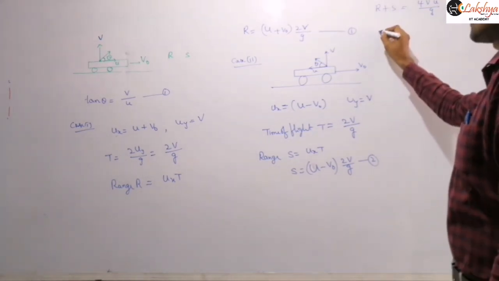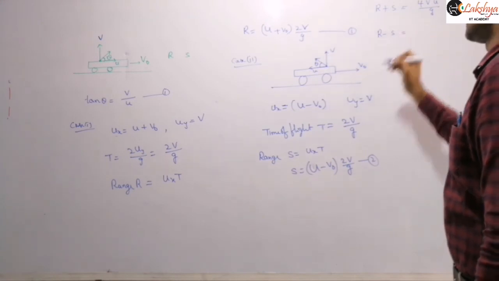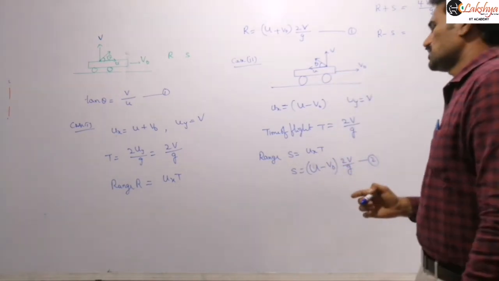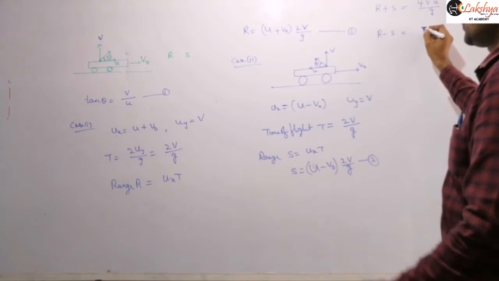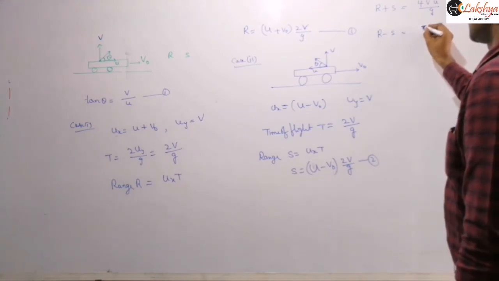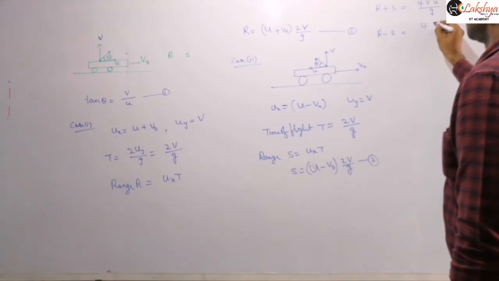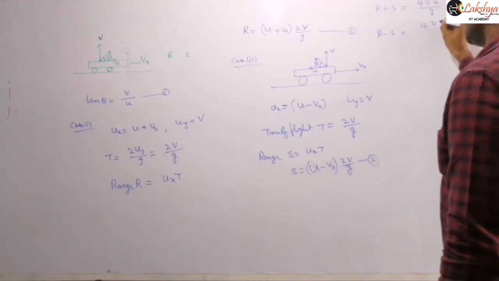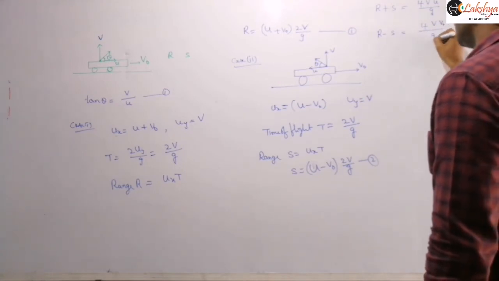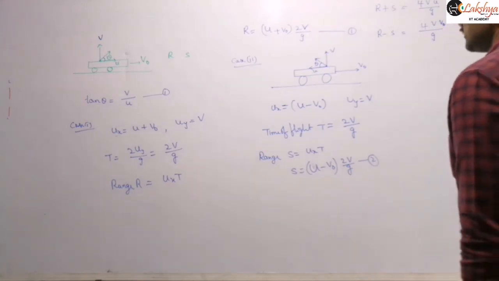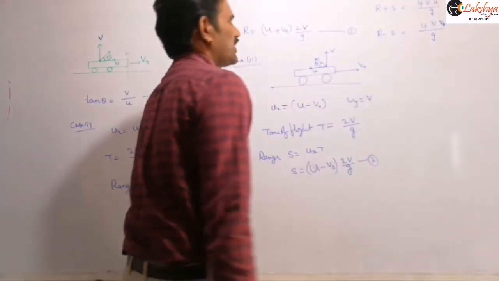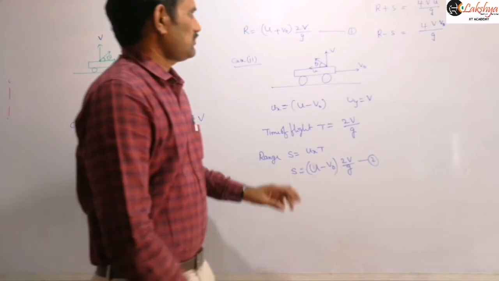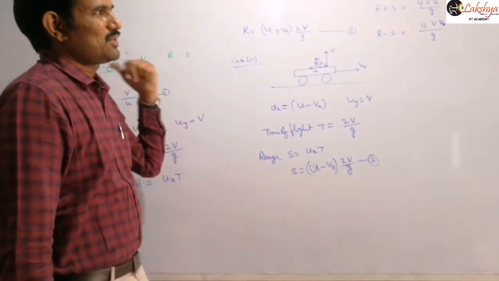Next let us subtract those two values. If I subtract them, then the U term will be cancelled and you will get V naught. So 4V into V naught by g, right? That is our equation there. Now by solving those two values we need to find the tan theta value.